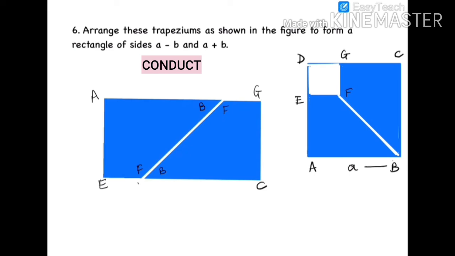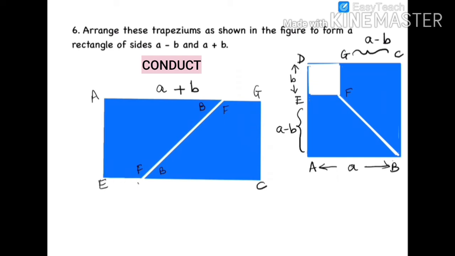We know that the side of the bigger square is A and the side of the smaller square is B. And we had shown that EA will be A minus B. Likewise, GC will be A minus B. So copying the lengths of the segments from the original figure, AB is A and FG is B. So AG is going to be A plus B.